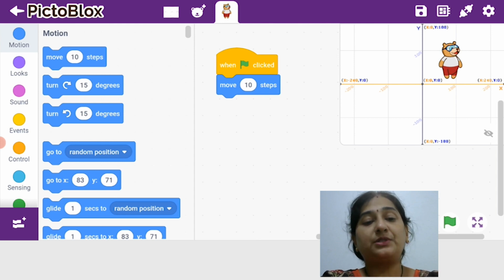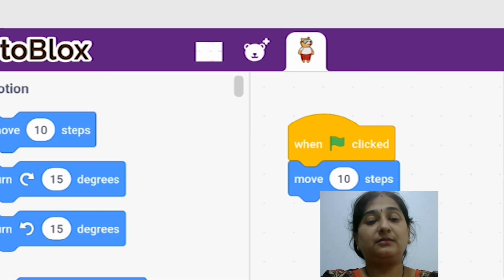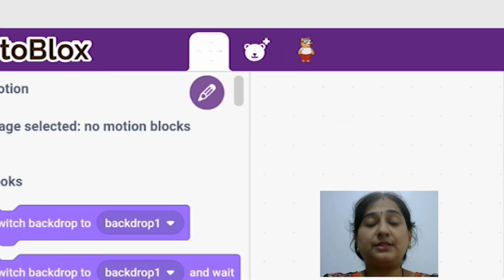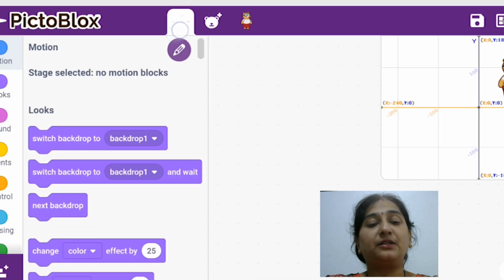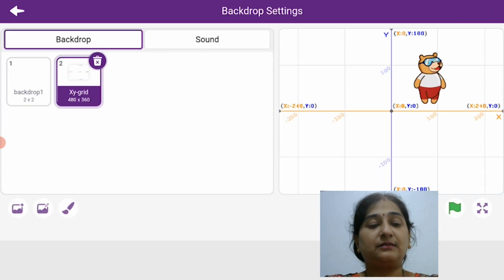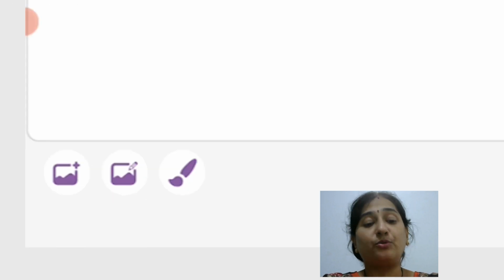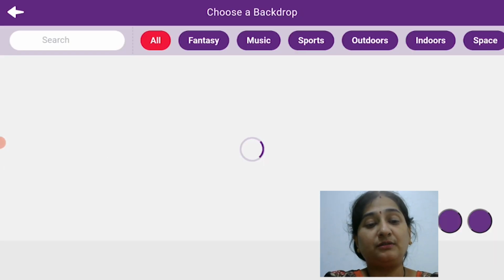Now the very first option that you see in the menu bar right on top, a box. When you tap it twice you will see a pencil coming down. Click over it. Right onto the left bottom you will see the first option coming, which shows two hills sort of and a plus sign. Click onto that option.